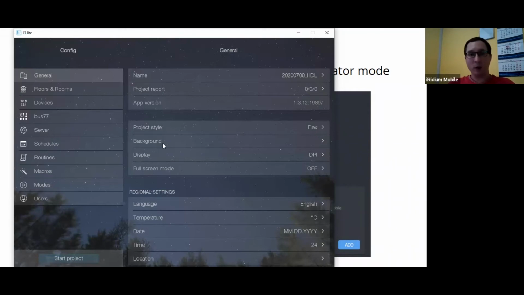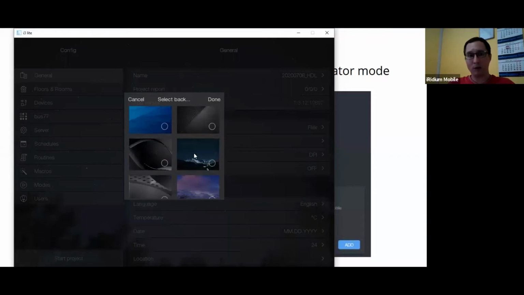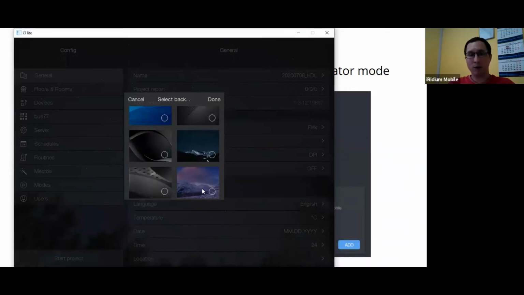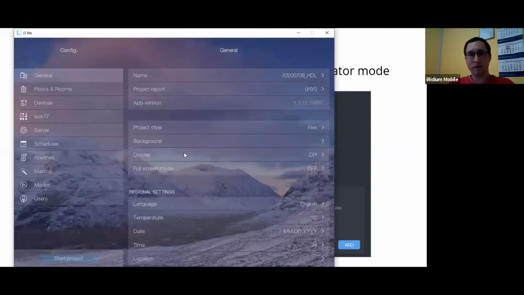Well, here we have a background, but it's not only just a wallpaper. As you can see here, with the wallpaper, the style will be changed. For example, again, different fonts, different cases,